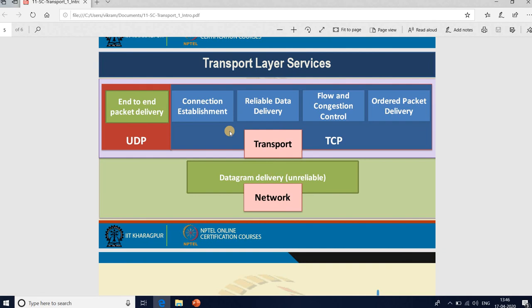The Google server, which is there on another port, will transfer the data. Now in between, there are multiple routers, which you can call a layer 3 switch, or sometimes just a switch. Some people call it a layer 3 switch, some call it a router. So there are multiple routers in between, and the task of these routers is to forward the packet to the end system, the end host.